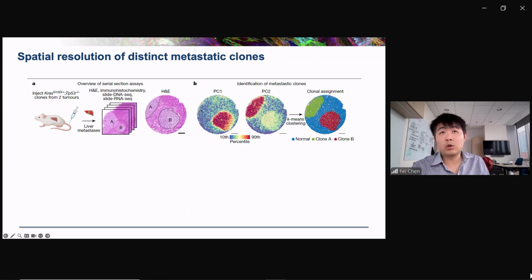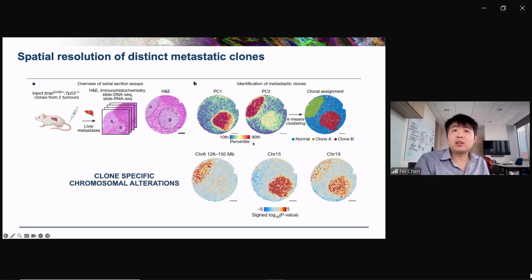When you run this sort of DNA measurement, each bead captures the genome unbiasedly. And here what we did was we ran principal component analysis on the fragments captured per bead across genomic bins. So the features were every piece of the genome segmented into 1 megabase bins. And you can see that PC1 captures one clone, and then PC2 captures this other clone, separating them from normal. But what does that actually mean? It turns out that what these PCs pick up on are different.